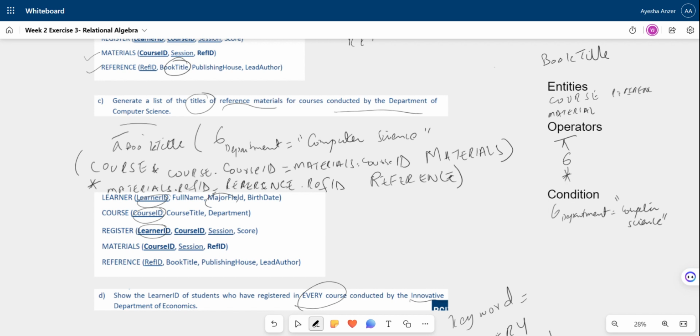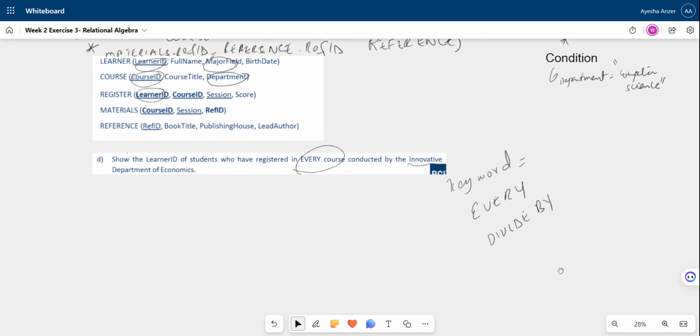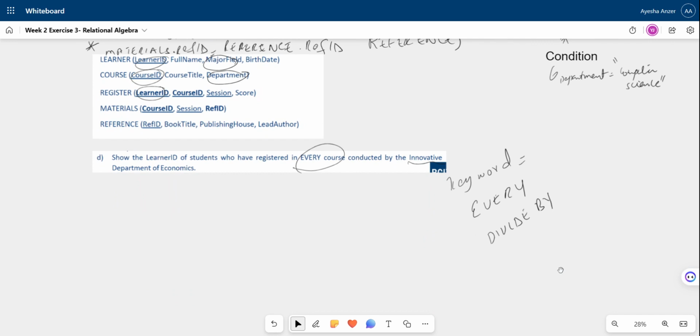Innovative is a major field, and Economics is a department here. Before, whenever we solve a divide by, we need to have two lists. We need to know about the learner and the courses. So the first step is that we need to create a list, which will be our step one, where we have all the learner IDs